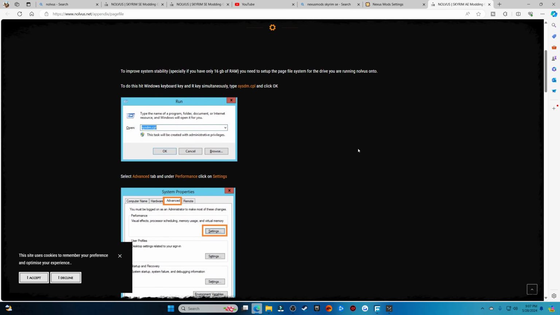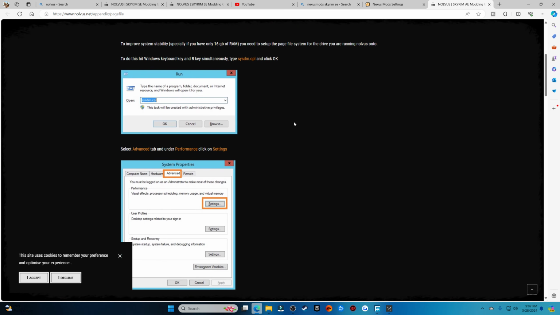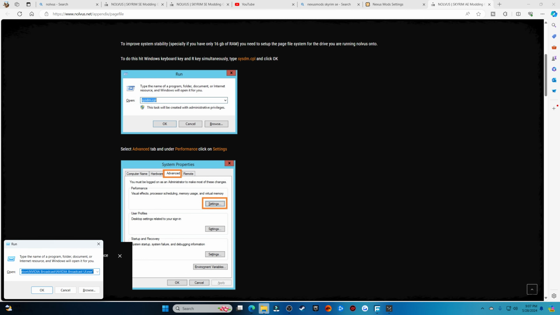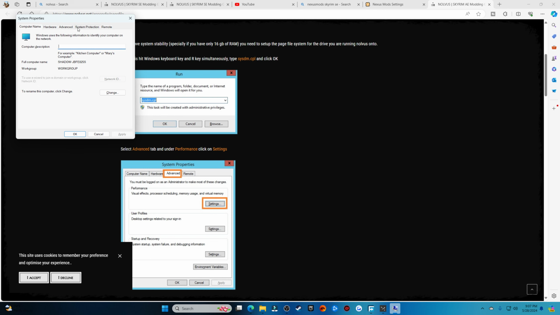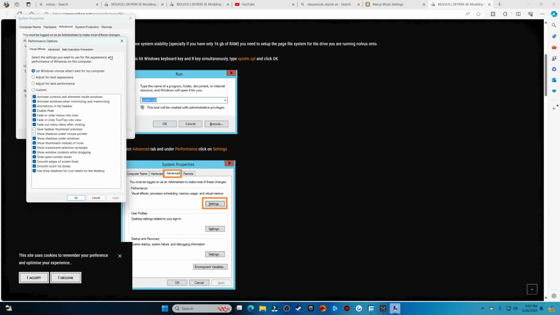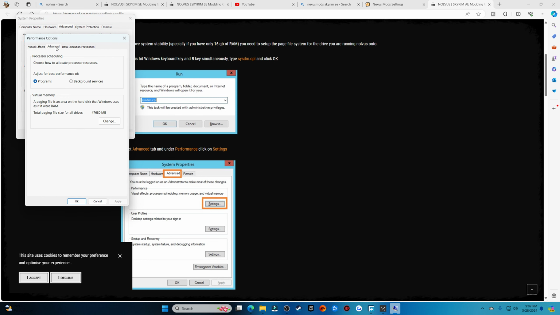This will run you through how to do it. So you press Windows R and type sysdm.cpl, and then you go to System, Advanced, Advanced Performance Settings, then you go to Advanced, and where